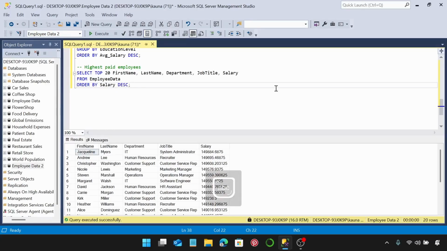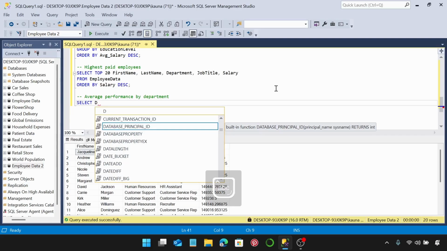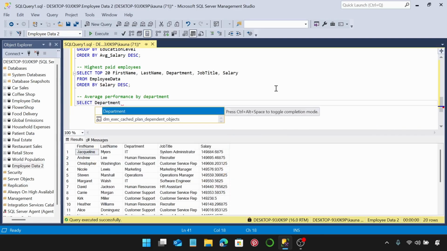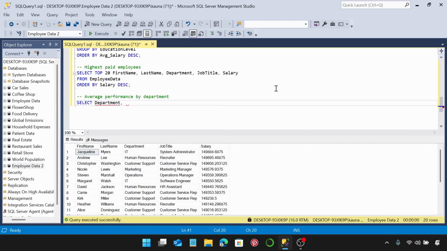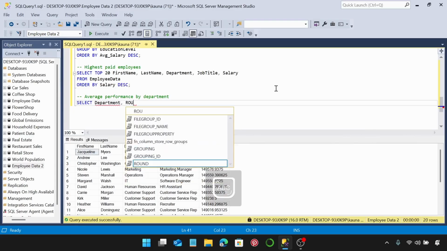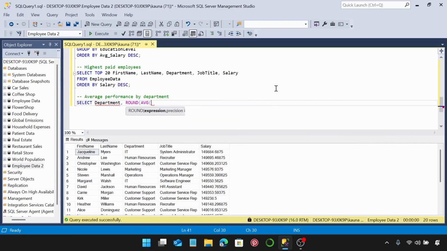Next, let's look at the average performance by department. So we're just going to make this average performance by department. So let's select the department column, and we are going to get the rounded average instead of just going with the average. So round, and we're going to get the average of the performance rating column,